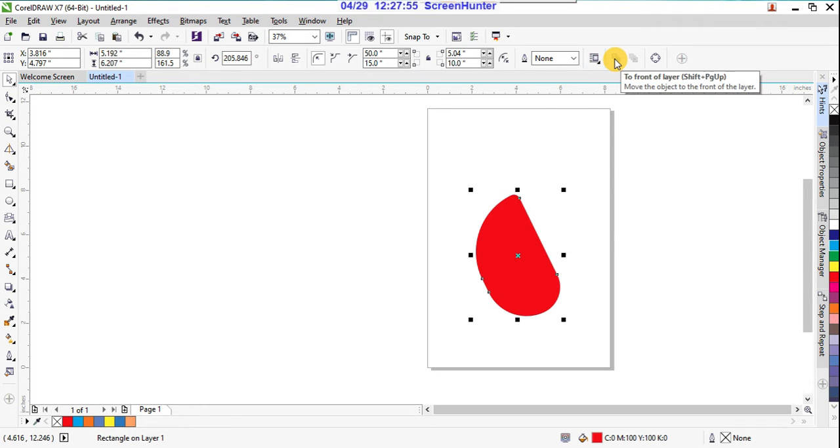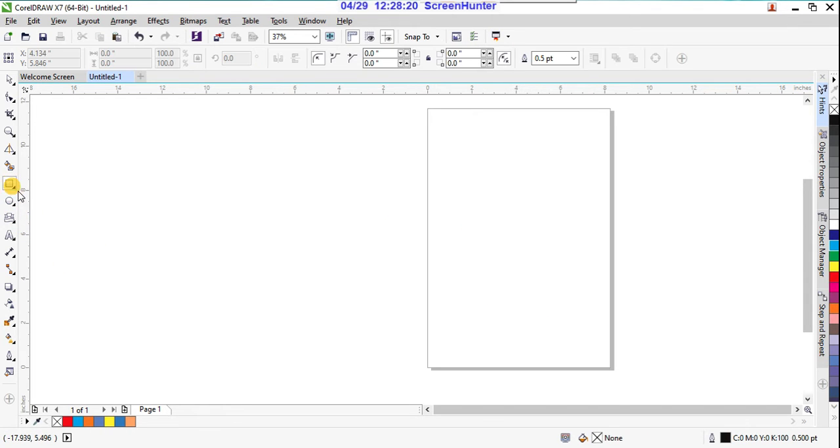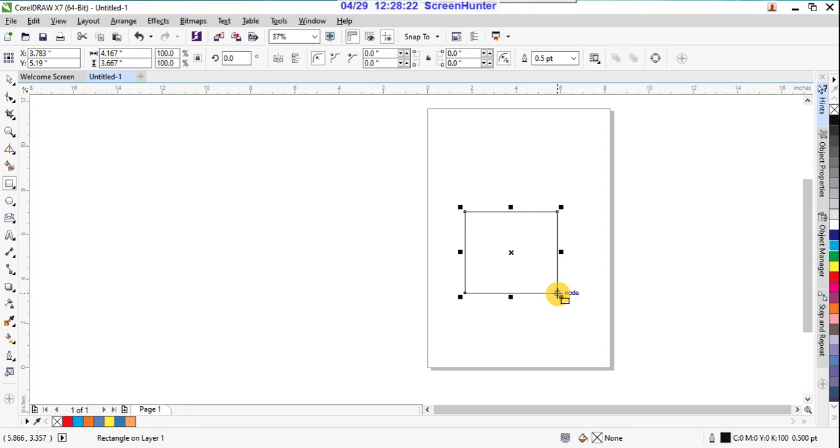And in the same way here, these are the front layer controls, to move the objects to the front layer or back layer. We will understand this in the coming classes. Convert to curves, I'll explain about these things, right? So on each tool we have to check all these controls and options, right? Yeah, I'm deleting this, and here again I'm drawing one box. Fill with any color, then we'll understand more clearly, right?